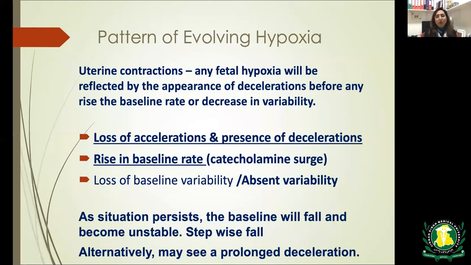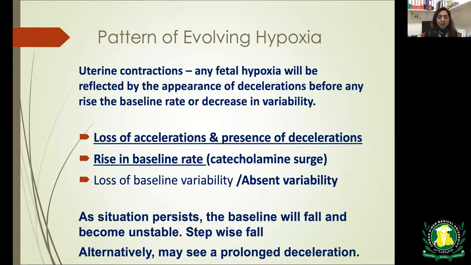So the pattern of evolution of hypoxia in a baby who has entered your labor ward completely normal will respond in a systematic way. The number one thing the baby would do if the baby is under stress, they'll stop moving. They want to save energy. Therefore, there will be a loss of accelerations. And if this baby is having some distress, you start to see decelerations. Initially, these decelerations will be normal ones. Normal ones means only with the baroreceptor pressure response: sharp drop, quick recovery, short duration, and no change in the